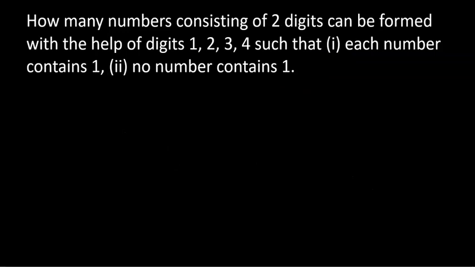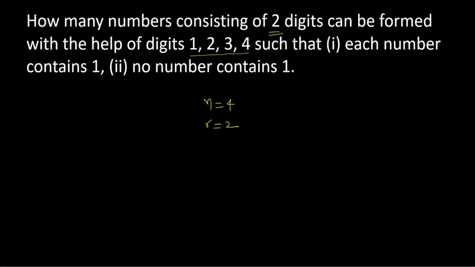Let's see another question. This particular question asks: how many numbers consisting of two digits can be formed with the help of the digits 1, 2, 3, 4, such that each number contains 1? So I've got four digits with me. So n is simply 4, and I have to make a two-digit number, so r is equal to 2. If each number is going to contain 1, then I am left with